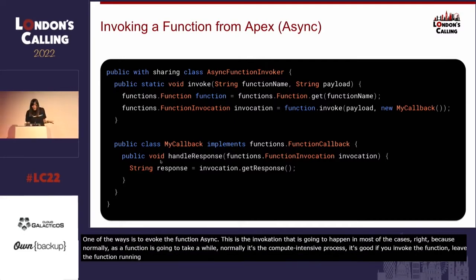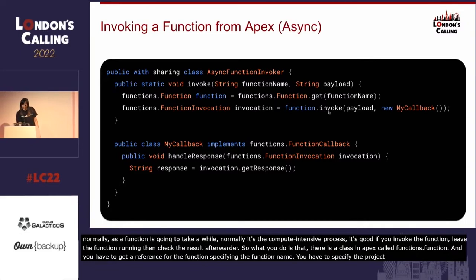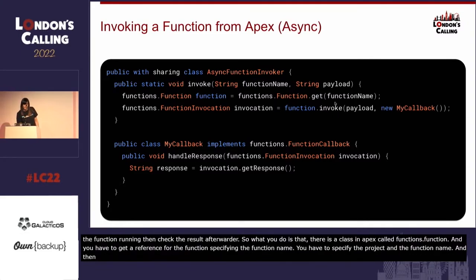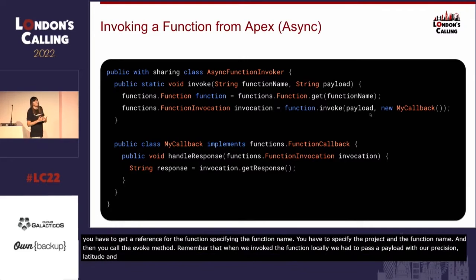So what you do is that there is a class in Apex called functions.function. You have to get a reference for the function specifying the function name. You have to specify the project and the function name. And then you call the invoke method. Remember that when we invoked the function locally, we had to pass a payload with our position, our latitude, and our longitude. Here it would be the same. We need to pass in a payload, which is the payload that my function is going to receive and use